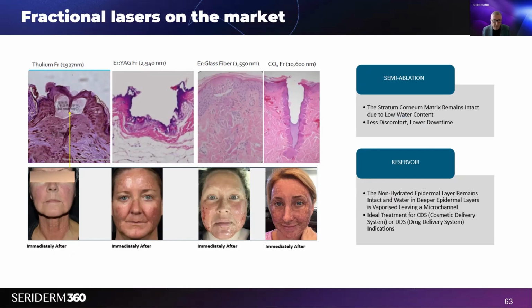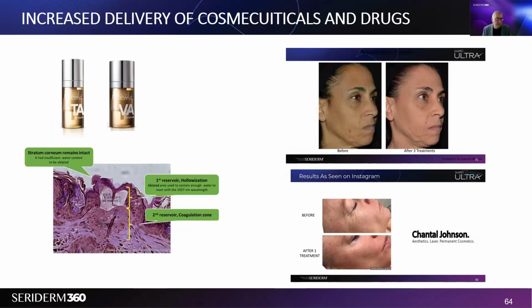So we can select different products, maybe like tranexamic acid, vitamin C, vitamin A. And what it allows us to do is deliver higher doses of that cosmeceutical or drug into the tissue. I think there's an episode coming up, a third episode, where I'm talking about this type of laser and the technology behind it. Okay. And then I'm going to talk about hair